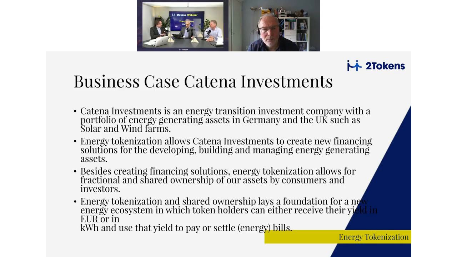As you just shortly introduced, Meindert Jansberg, representing Catena Investments. We run the power program, Catena Power, and last year we issued a bond based on tokens as a first step to really get an asset token, the token of a solar panel, and bring it to the investment market. So that's the goal for the first step.